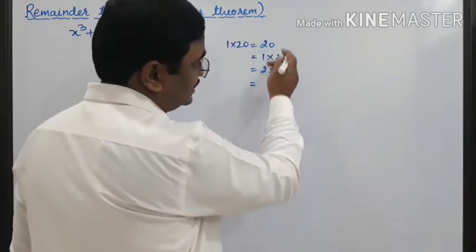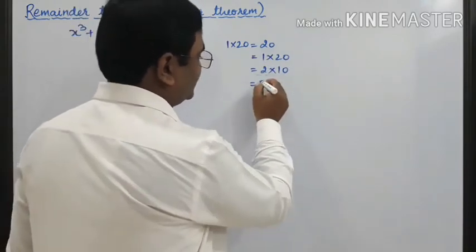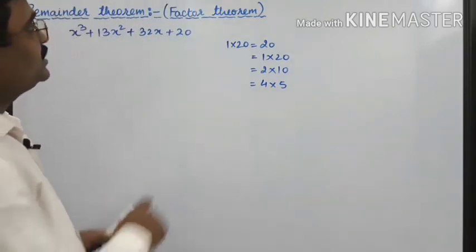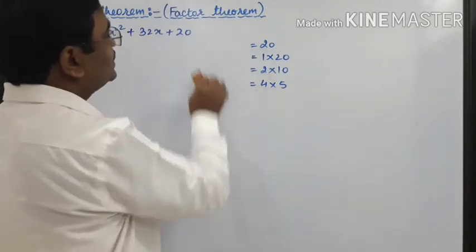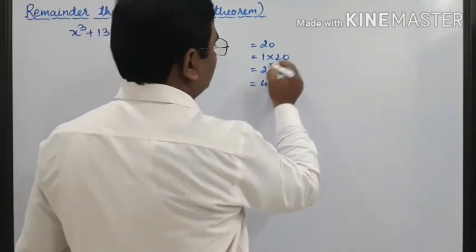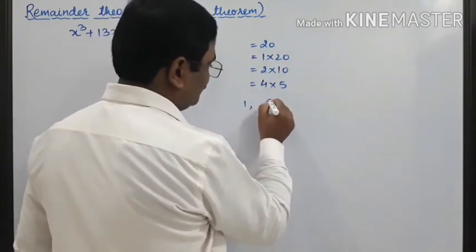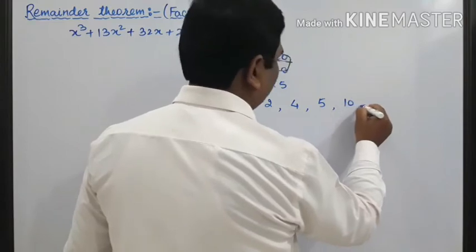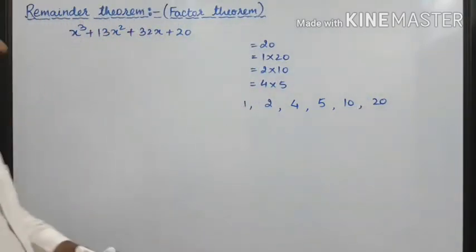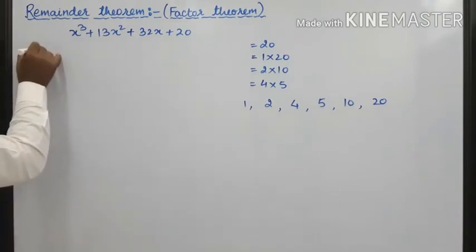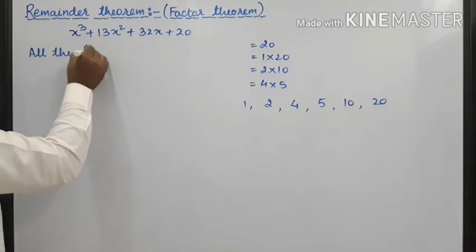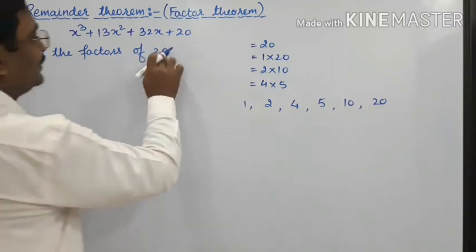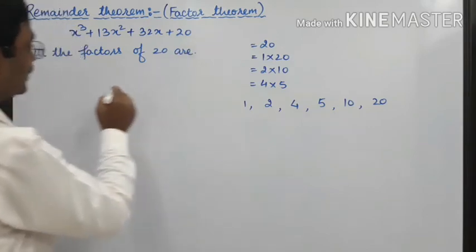then is it divisible by 3? No. So the next is 4 fives are 20, and there are no other terms. It means all the factors of this 20 are 1, 2, 4, 5, 10 and 20. So what are they? 1, 2, 4, 5,